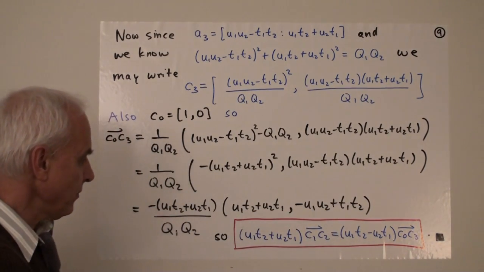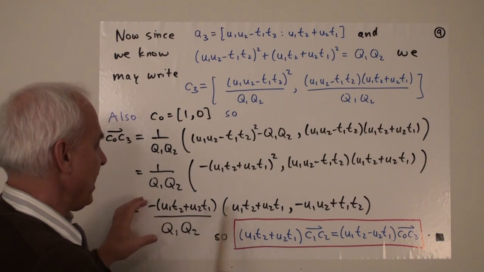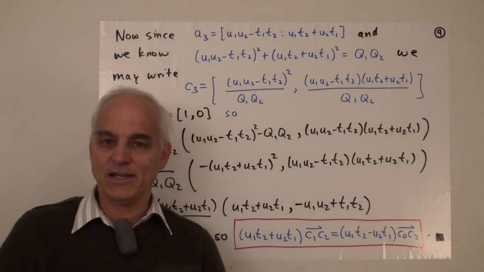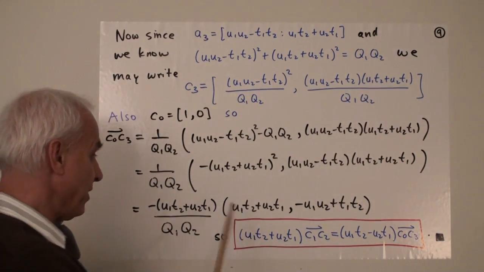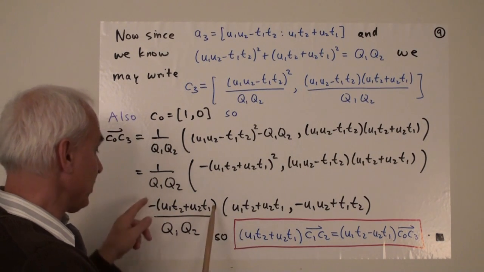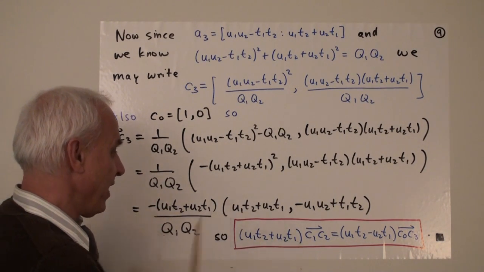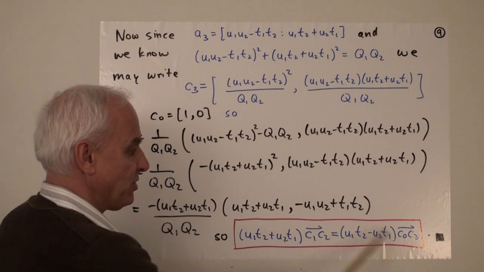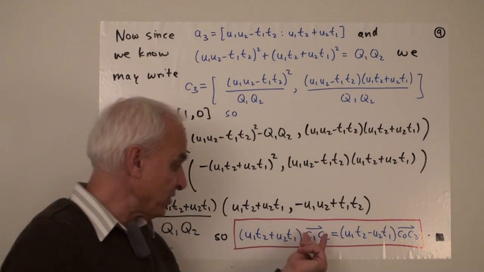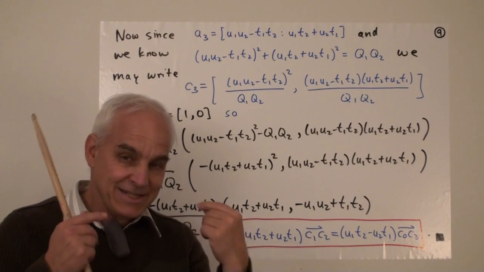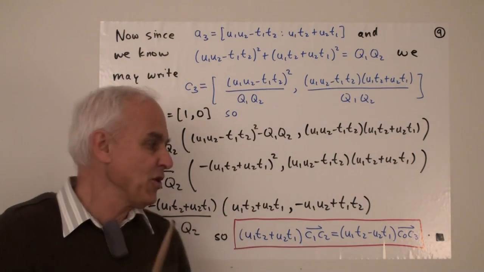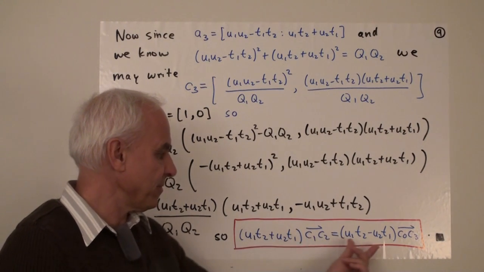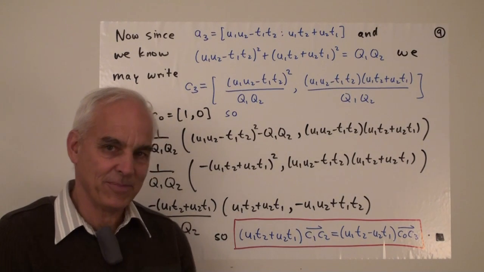And now we see finally that this thing is almost the same as what we found the vector C1 C2 to be. In fact, we see that if we take the C1 C2 expression and multiply it by U1 T2 plus U2 T1, then we get the same thing that we get when we take this expression and multiply it by U1 T2 minus U2 T1. So we find that not only are these two vectors parallel, but we can see exactly what the ratios of those vectors are given by these two particular expressions, becoming sort of familiar expressions to us.